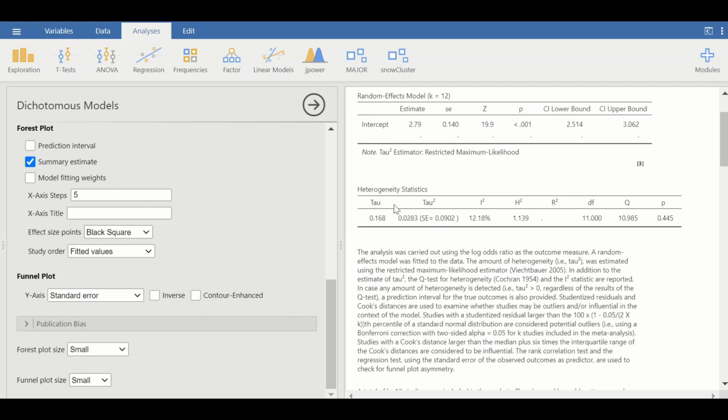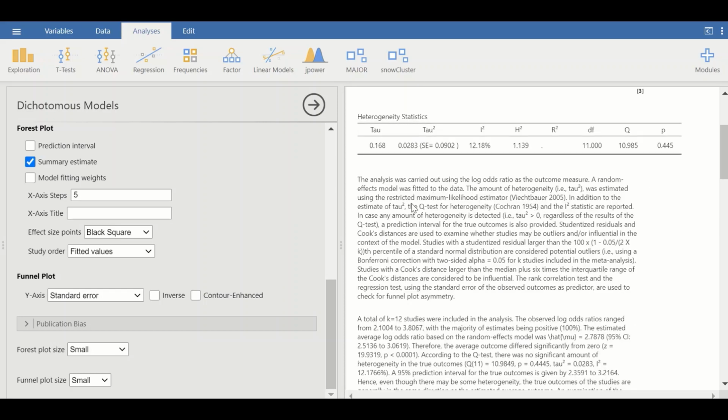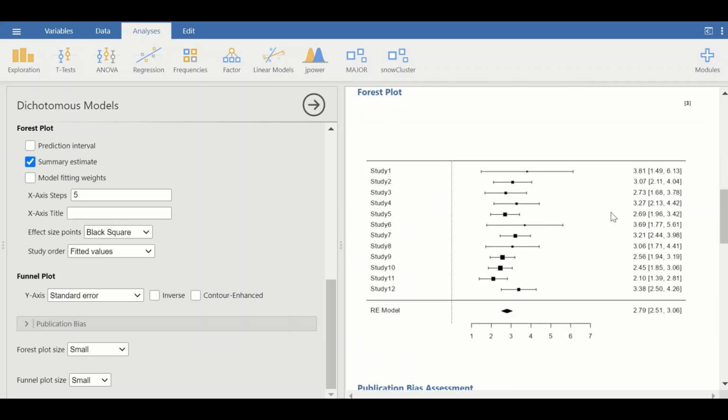Moving to the next section, or table, this is for the heterogeneity test. There are certain tests that can be used, the tau or tau squared, Q. If we stick with the I squared here, it shows that the heterogeneity value is 12.2%, which is a very low heterogeneity, and the p-value is greater than 0.05. We need this p-value to be higher than 0.05. So this confirms that there is minimum heterogeneity among the results extracted from these 12 studies. A description is given here for each one of these, which is the Q test as given here, which is a chi-square. And if we scroll down to the forest plot,